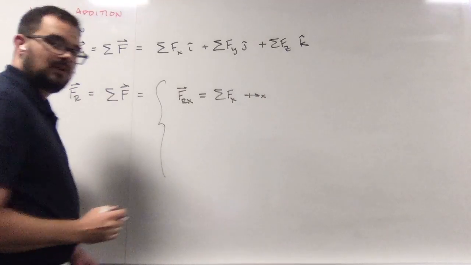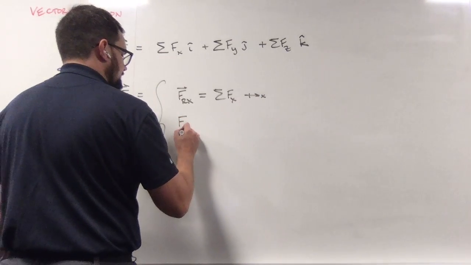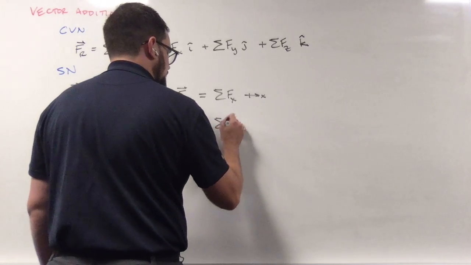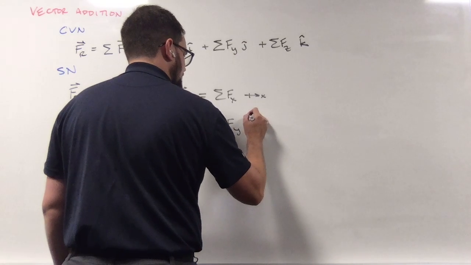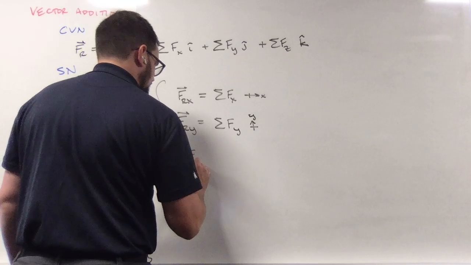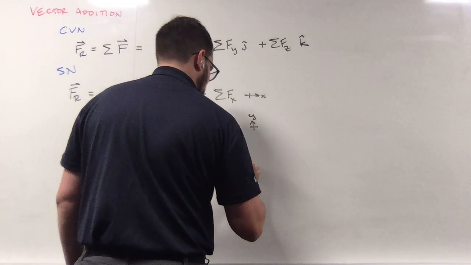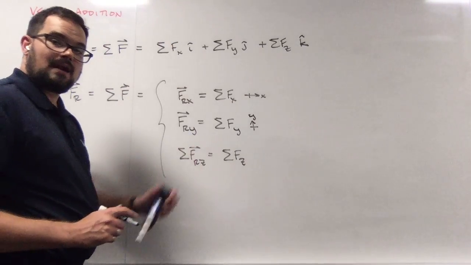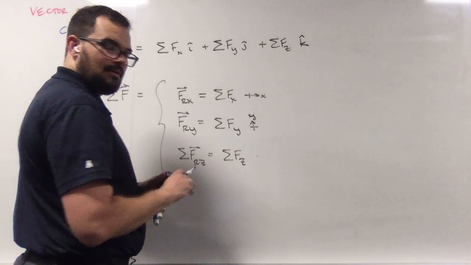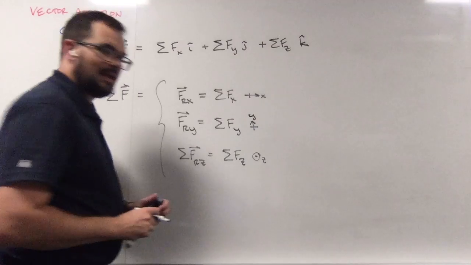We can have the sum of the forces in the y direction for the resultant force in the y. And then the resultant component in the z direction is equal to the sum of the forces in the z direction. And remember, now our arrow is coming out of the board. So if we do x, y, z, our right-hand rule shows us the arrow coming out of the board in